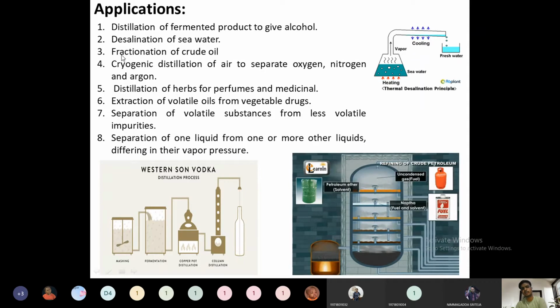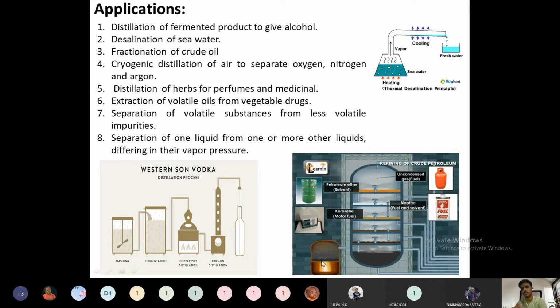Then the next major application is the petroleum industry, the major industry which will use the services of distillation. Many types of distillation are present in the petroleum industry. For example, whenever the crude oil is obtained, this crude oil is usually referred to as black gold. This crude oil contains many petroleum components, many petrochemical components. In order to separate the many useful quantities from this crude oil, the first operation is the desalting operation. Whatever salts are present, we will remove, and after that, the distillation process is the main operation.